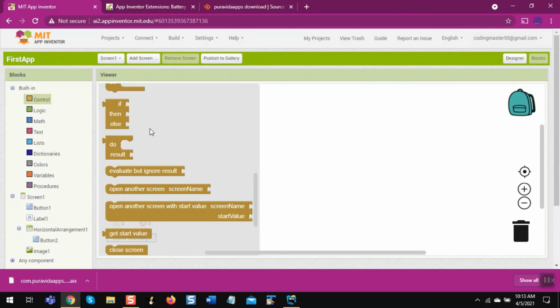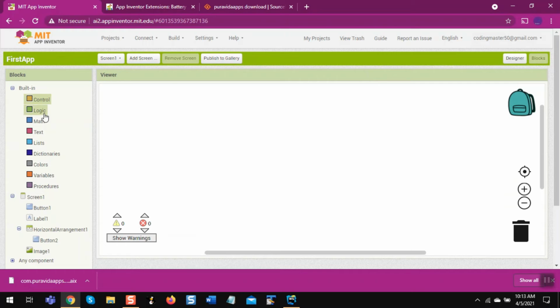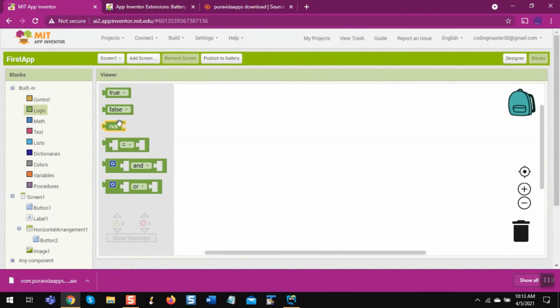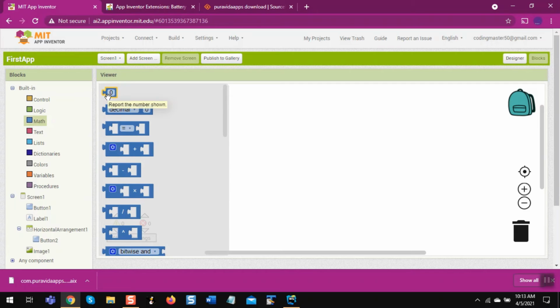See, there are controls, if then, I showed that, and logic like true, false, not. Like if you want your image to be visible, true, we are going to do that now. If we don't, false. And then these ones we will do in the other videos I will make, and they're not that important. Now these are little important ones. There are some variables, and we use them, and this is a value.